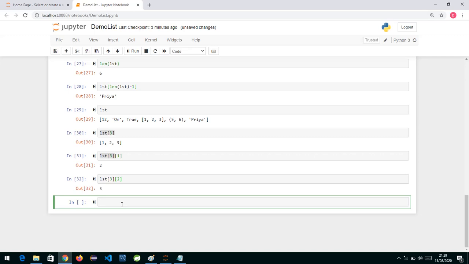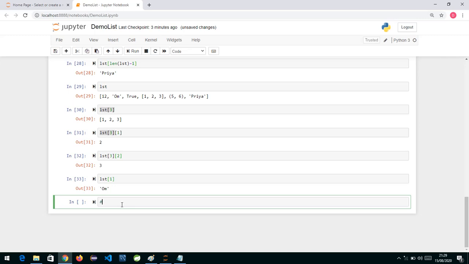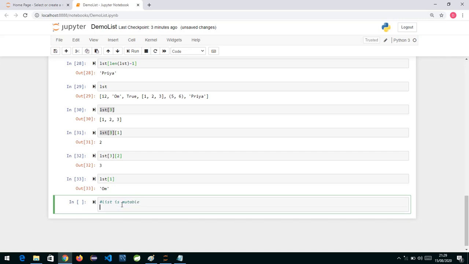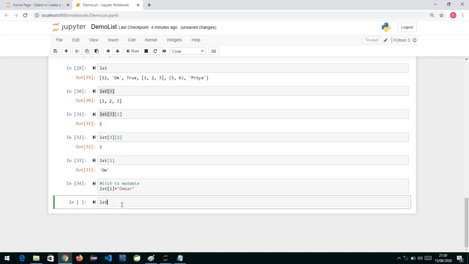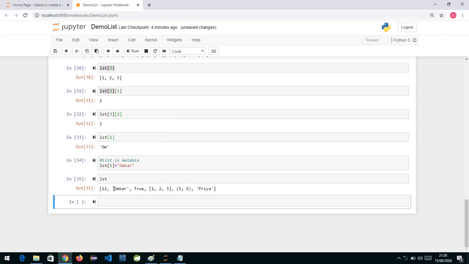So to extract the data we can use any index over here. If I say LST of 1, let's see what LST of 1 is. So you will get ohm over here. Now as I told you, a list is mutable. Mutable means at any point of time I can change the data of any location. So if I want to change from ohm to ohmcar, what should I write? I should write LST of 1 is equal to, and in double quotes, ohmcar. And if I now go and print the list, you can see instead of ohm we have over here